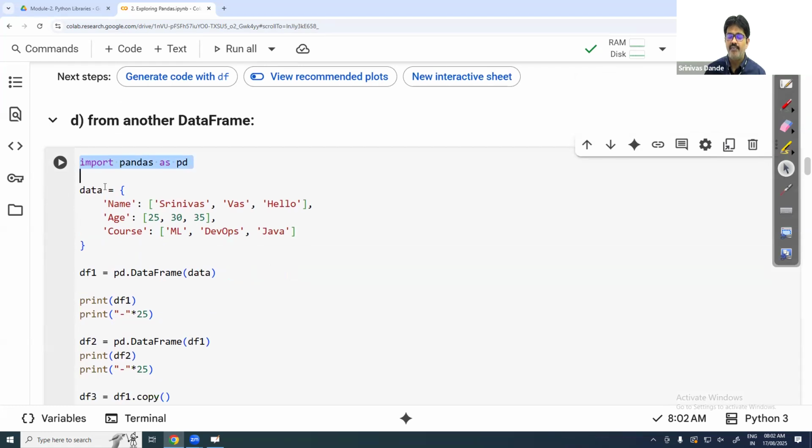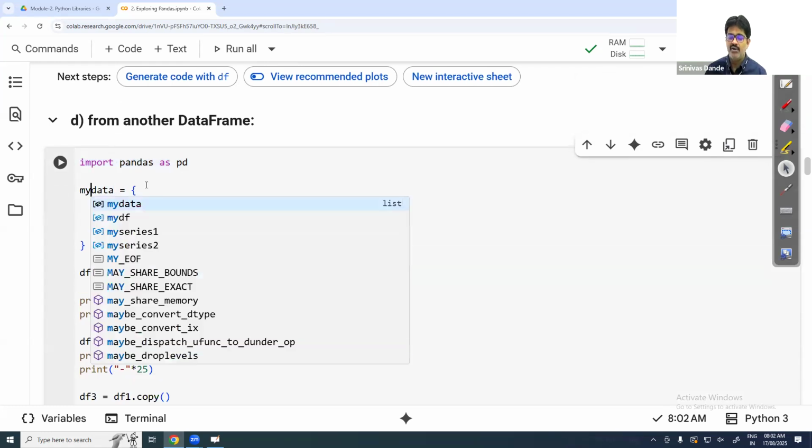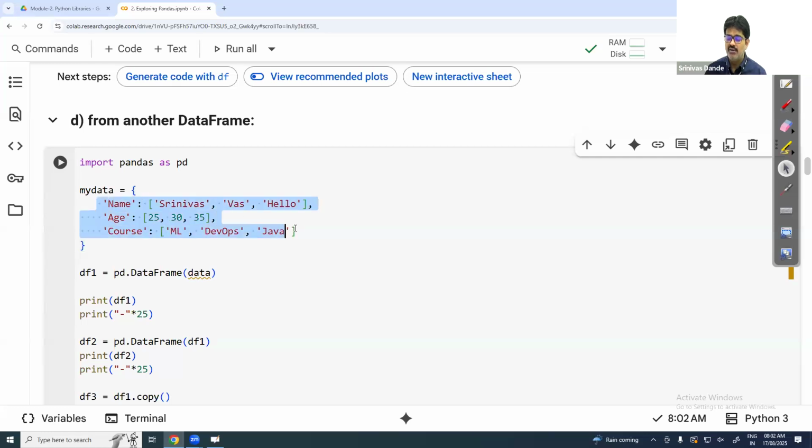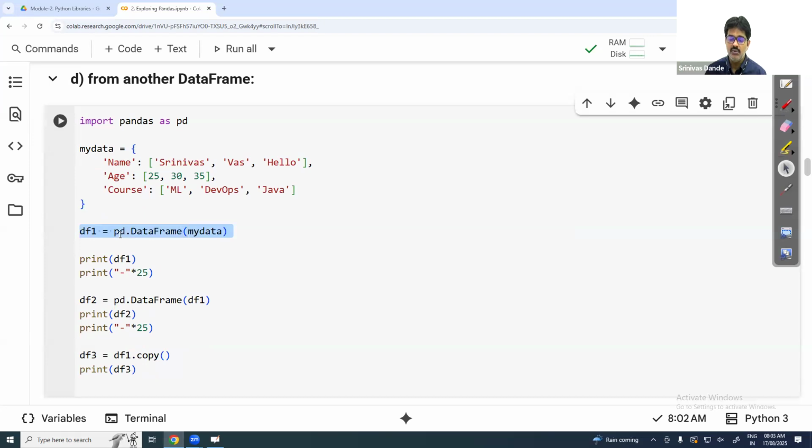So another data frame. I have a data in dictionary. My data equals to some dictionary I have. Then you create data frame df1, pd dot DataFrame of my data. df1 is created. Data frame is created from the dictionary, right? So print the